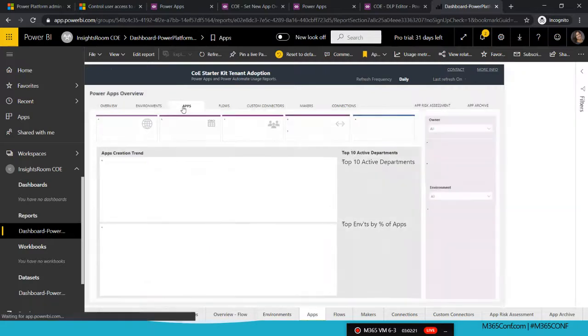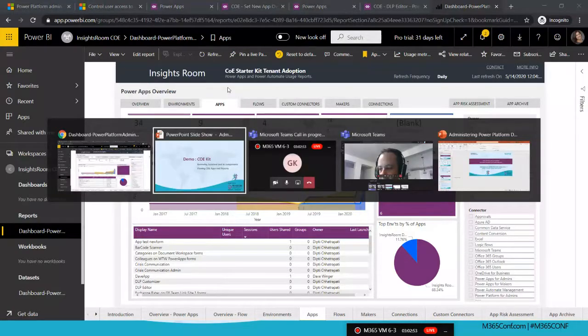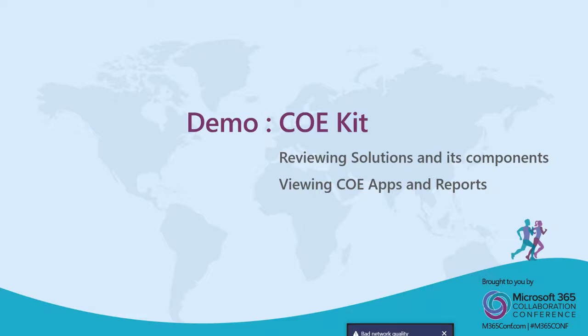You can also check all the applications available in your environment. For example, right now there are a total of 34 applications, how many were created this month, what are the top app makers, and how many canvas applications and model-driven applications. All these insights are not easily available in the Power Platform Admin Center. There are a lot of other things you can explore by installing this. And with this, we have completed our 2-kilometer run. So let's